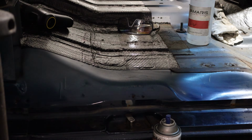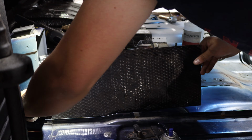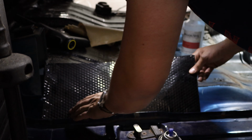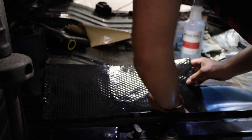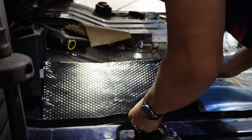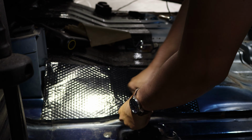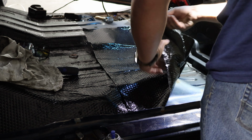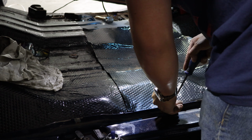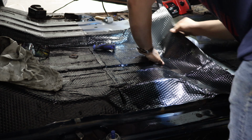Obviously some applications are better than not, but I've used this in a few previous builds that I've done, and it's a pretty noticeable acoustic difference, not just because of the general quietness, but because you get a little bit more of a deepened, uniform sound. It just sounds like it's more structurally intact. It's kind of interesting. Obviously the windows are still going to be the same windows they were before, and it's still a poor weather seal design, so we're not going to have an ultra quiet cab, but it does make